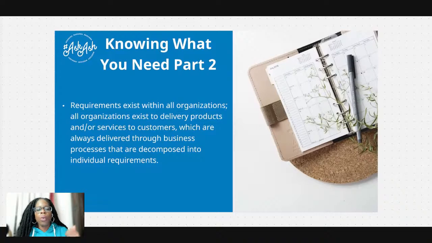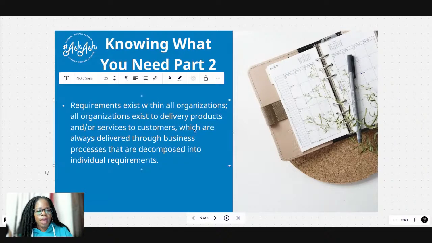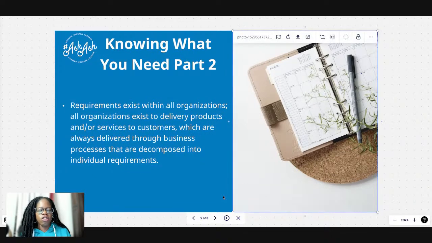So with that said, I want you to think about requirements as getting very specific about what it is that you need to develop your products and your services, or improving your processes or creating processes. This is so needed. It says right here that requirements exist within all organizations. All organizations exist to deliver products and services to customers, which are always delivered through business processes